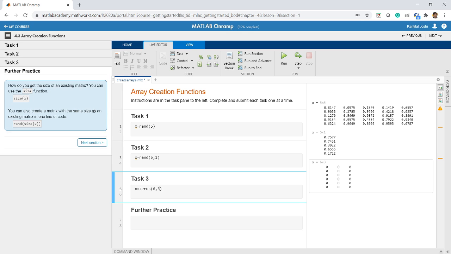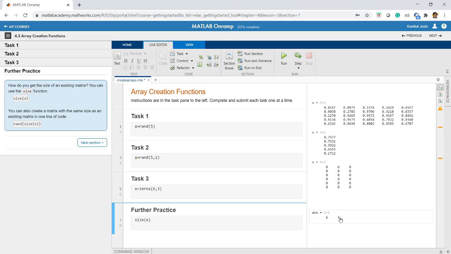Okay, in further practice, we want to see if there is an existing matrix, and let us say you want to find out what is the size of that matrix. Then we can use this size function in MATLAB. If I simply write size x, it will return the size of the matrix. What is the size of this matrix? The size of the matrix x as of now is 6 comma 3. So if I write size x and run this section, you will get the answer as 6, 3. The answer will also be a vector, but it is a row vector with two columns. The first column signifies the number of rows, the second column gives the number of columns.